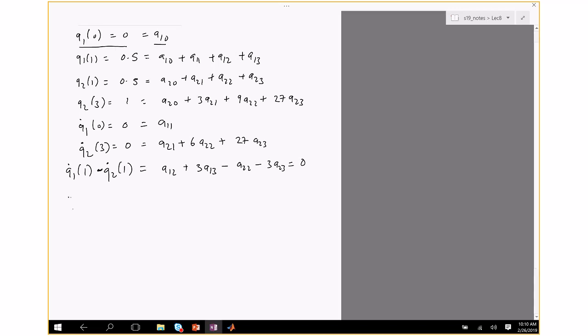And then similarly, we have q1 double dot at 1 minus q2 double dot at 1 equals, I think I made an error. My bad. This is the second derivative. Okay, I wrote down the second derivative by mistake. So I'll write down the first derivative first. So that would be a11 plus 2a12 plus 3a13 minus a21 minus a22 minus